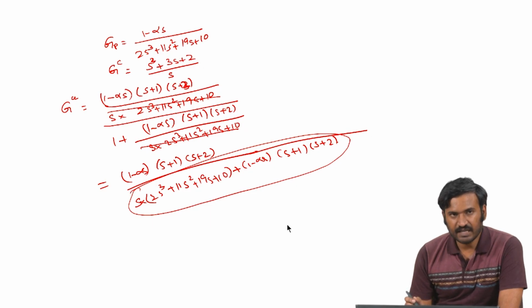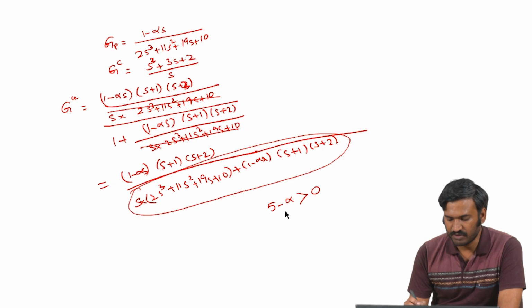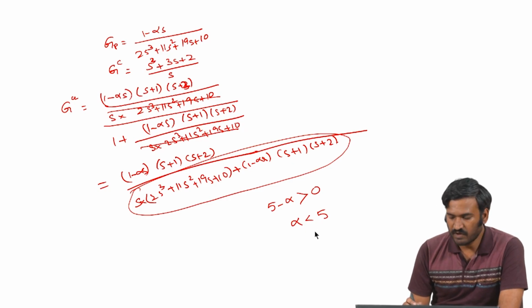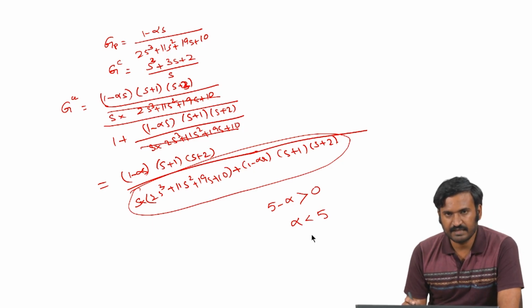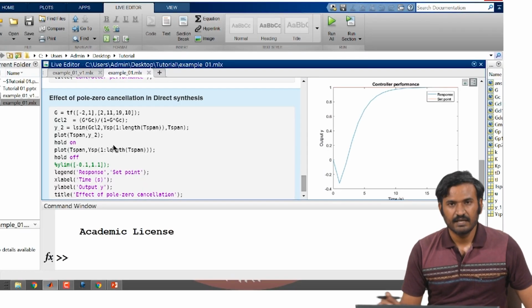Based on that, we will find the condition that as long as 5 minus alpha is greater than 0, we have stable poles. Now this implies alpha has to be less than 5, right. So any alpha which is greater than 5 will result in one or more poles on the right half plane. Because of that, we will have unstable controller and unstable closed loop performance, that we can see in the simulated